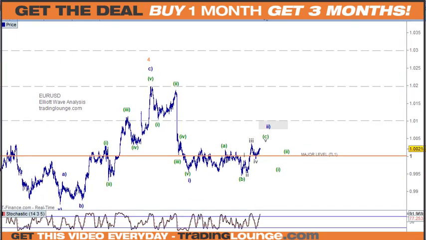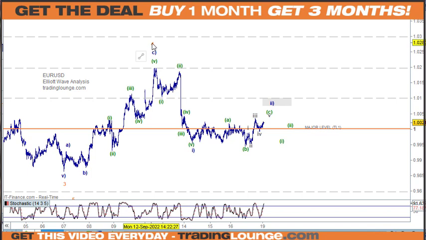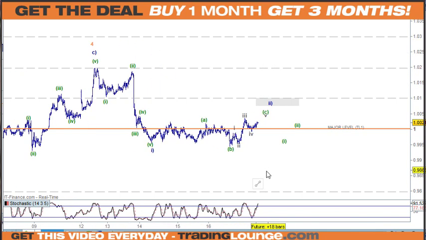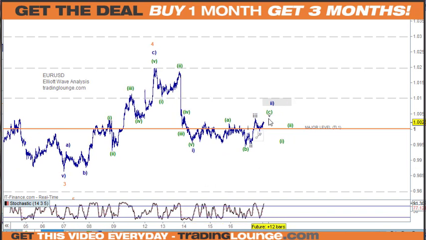For the euro, while we're just sort of here, I mean, once again, I can't really call that in for wave 4 here either, but I can't get a bullish move here. I was just going to wait to see. I've got 1, 2, 3, 4, 5 here for C of 2, so wave 1 here, and then an A and a B and a C. So I'll just wait to see how that goes and see if it comes back down here. It really doesn't want to leave this parity here, so it's like something's keeping it there, but if that low gets breached, well, then we can go short on that.